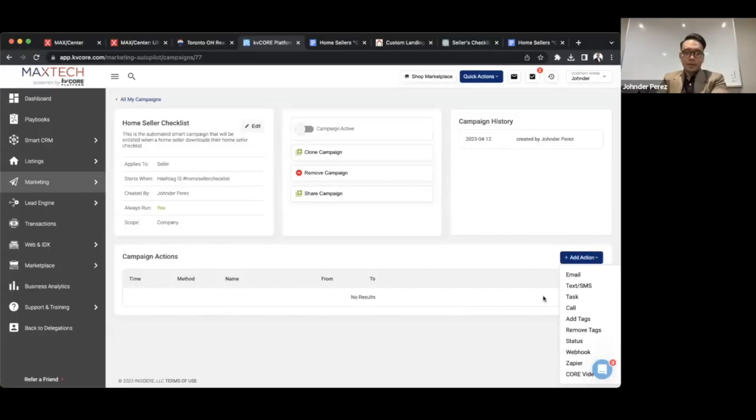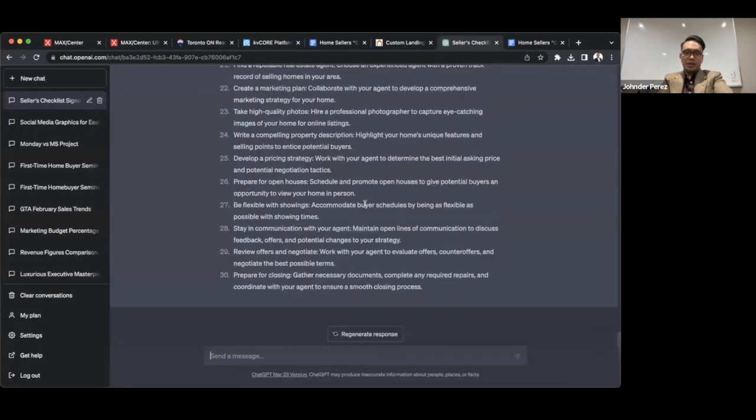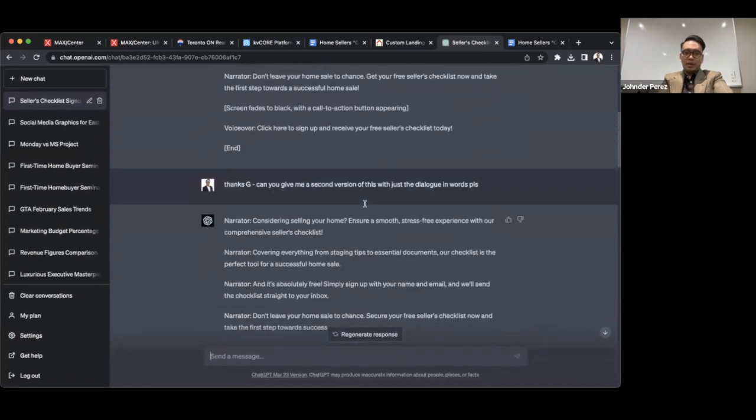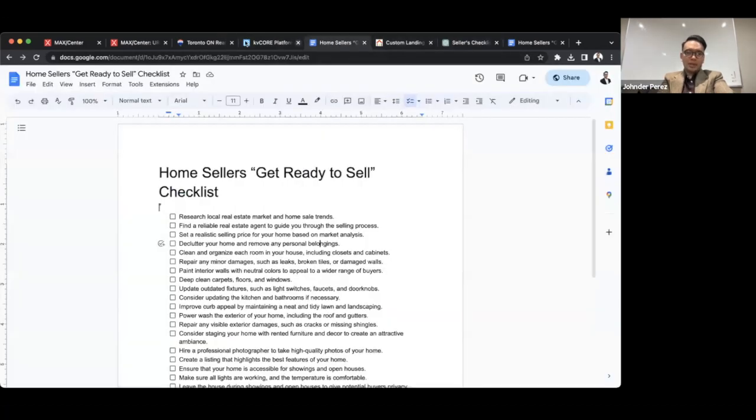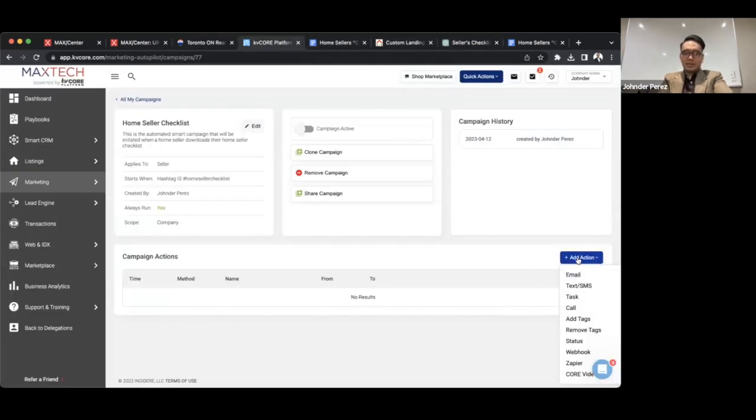Now, I'm not going to show you this entirely because you now get the point, right? Of how to start creating your own campaigns. Otherwise, we'd be here all afternoon. But basically, I can go to either ChatGPT, or I could go to an article that I read, and it tells me what to do in terms of follow-ups and whatnot. But then all I would do is basically create a task. So for example,